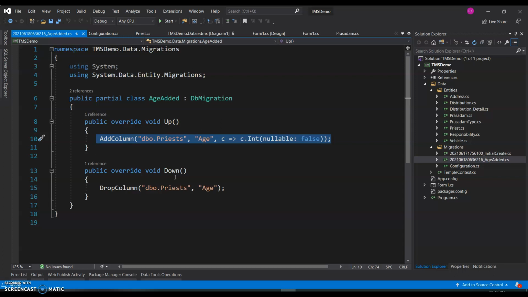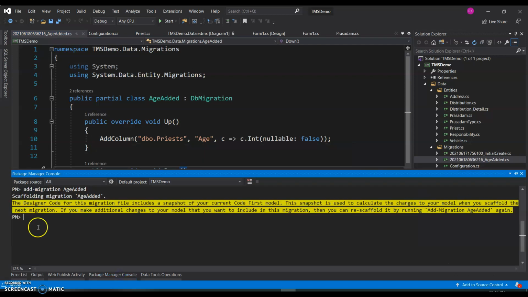Now let's see what happens now that we've added this migration. Let me try to run this. I actually should now get another error. Because even though we've applied the migration, who will be telling Entity Framework to run this migration? Now there are two ways for it. In the package manager, I can say update database. So the command goes like this.